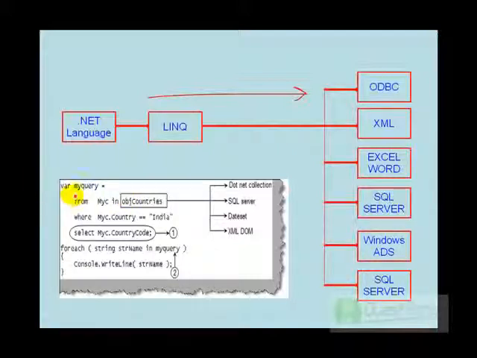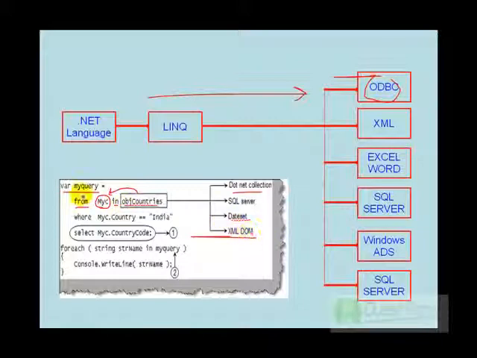So basically, how do you write a LINQ query? It's not like a select query, so it's a bit different. You define a variable like myQuery or something. This will basically be used to build the query. Then you say from myC, now this is your temporary variable, in objCountries. What it is trying to say is: please, from objCountries, fetch data into myC. Now this objCountries can be an ODBC data source, a .NET collection, a data set, anything you can think of.